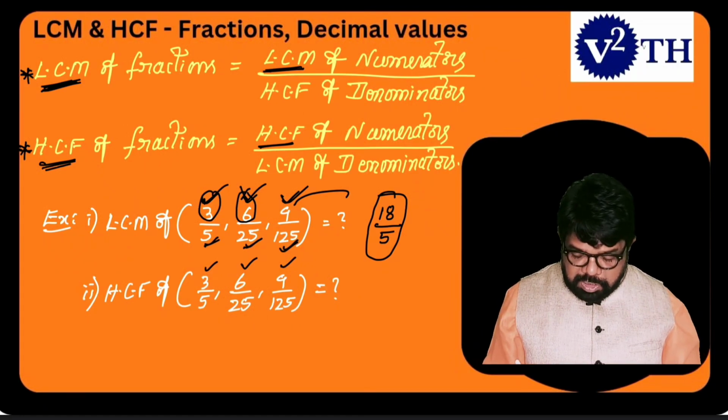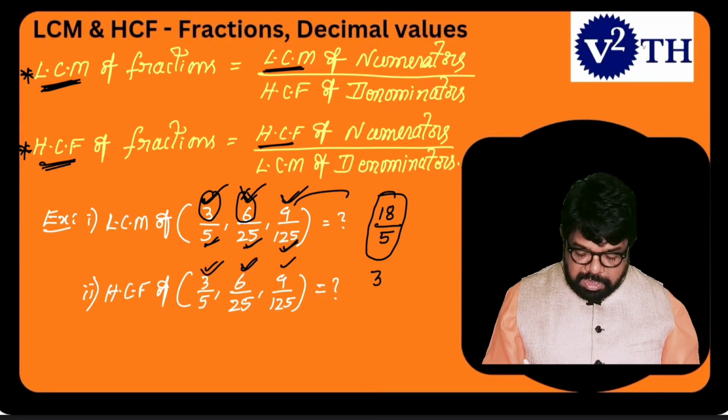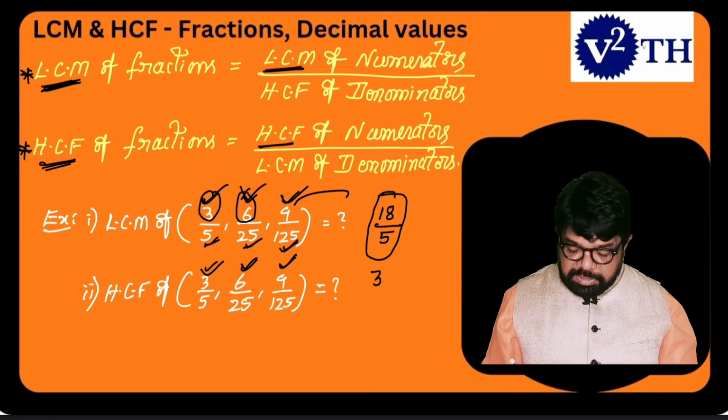Now all the numbers are divisible by 3. Okay, 6, 3, 6, 9, all are divisible by 3. So the HCF of 3, 6, 9 is 3, divided by